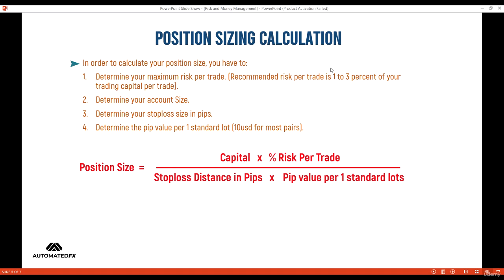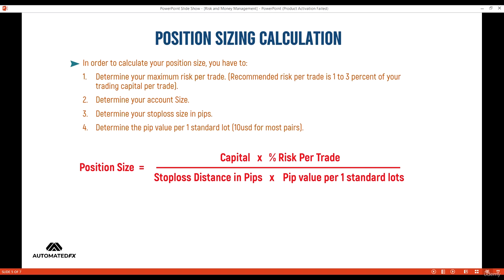So the recommended risk per trade for me is 1 to 3% of your trading capital. So that's the amount you should risk, 1 to 3%, so that you don't risk too much. Okay, it's very possible for you to experience streaks of losing. And what I mean by streaks of losing is having consecutive losses. Okay, no matter how good your strategy is, it's very possible that one thing or the other happens, and then you risk, and then you lose